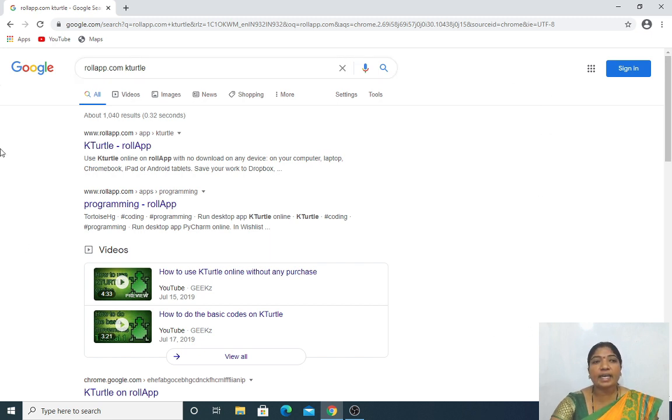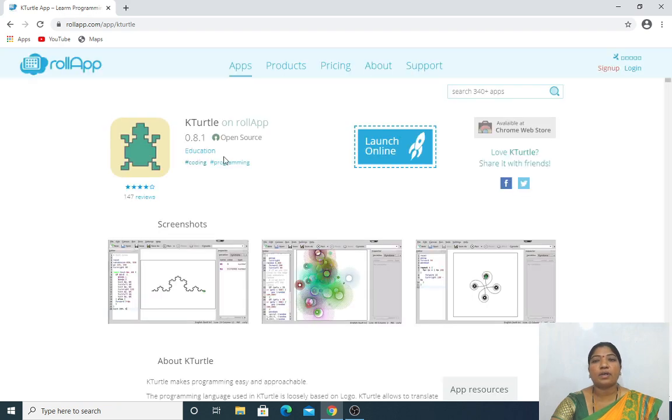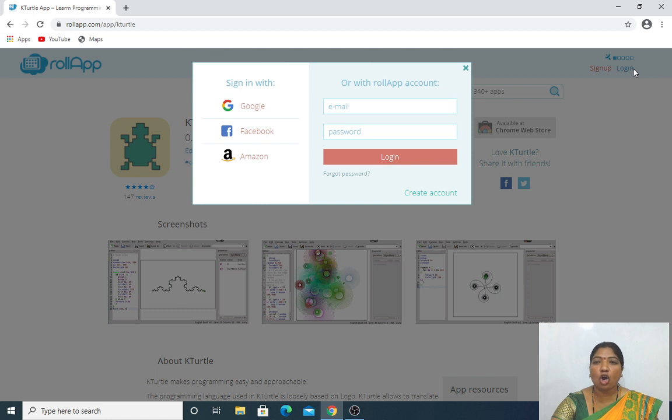After entering into this editor, we have to click on KTurtle Rollup. After clicking on the KTurtle app, it will show a login. Just look here my dear students, on the right side of your KTurtle editor's software opening page, just click on the login.